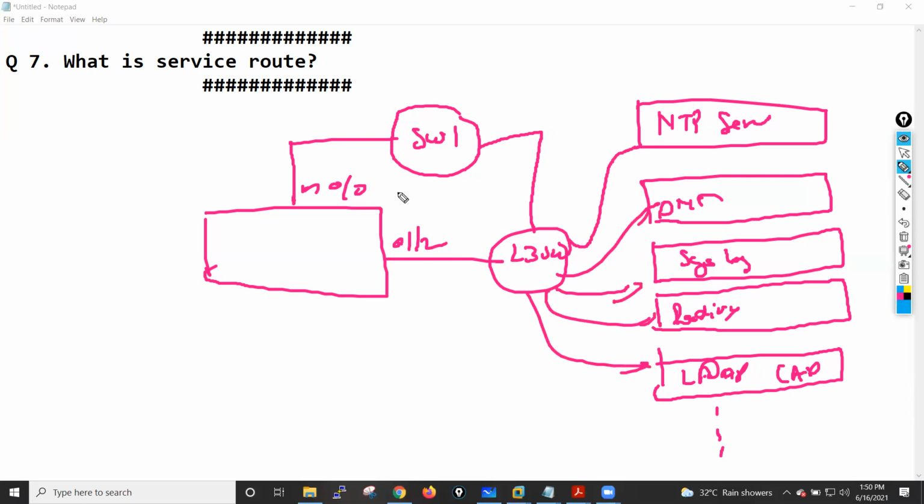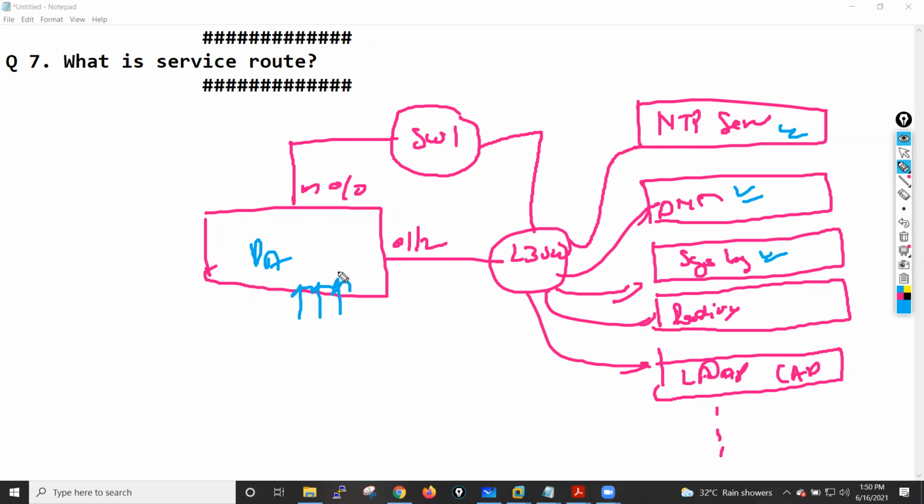Now by default, if your Palo Alto firewall wants to communicate with the NTP server to synchronize the time, or let's suppose we have configured FQDNs on our firewall and it needs to resolve some names, then it will send the request to the DNS server. Also, if it wants to communicate with syslog, it will send the syslog messages to the syslog server.